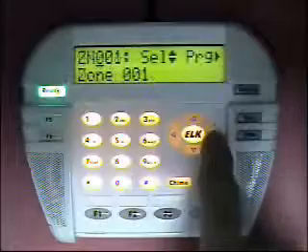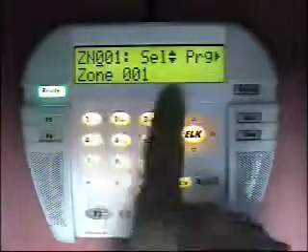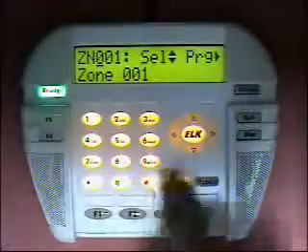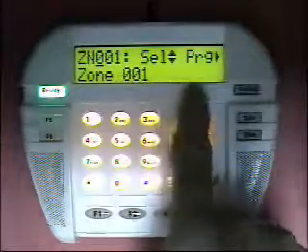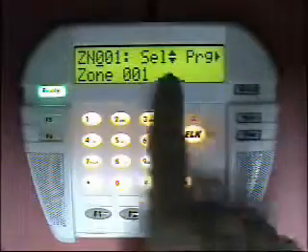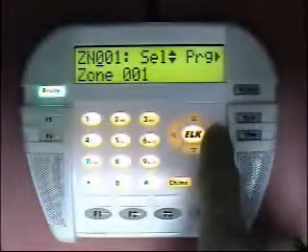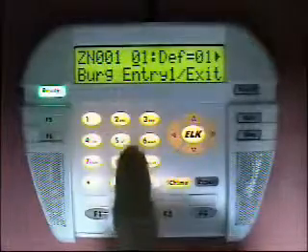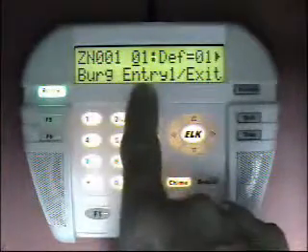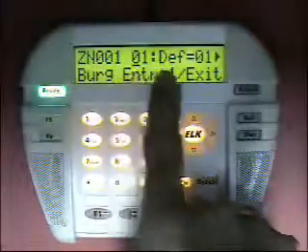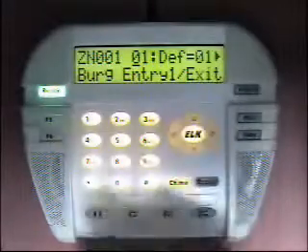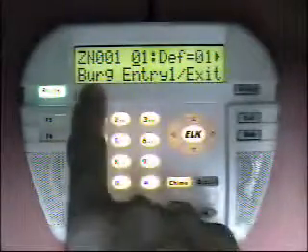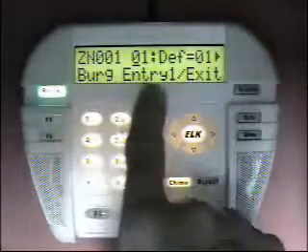If I hit the right arrow key, we'll enter into the selection of which zone in the system. Here we'll start with zone 1, and we can use the up and down arrow to move to different zones in the system. The right arrow key puts us into programming for this zone, or zone 1. So now the first selection here under zone definition programming is the definition itself, DEF, and this current definition is a value of 1, which is spelled out below here: burglar entry 1